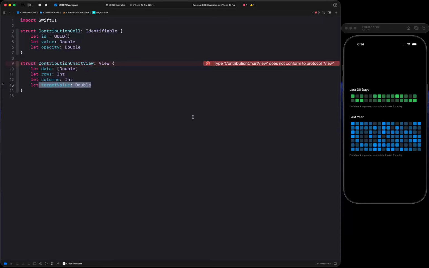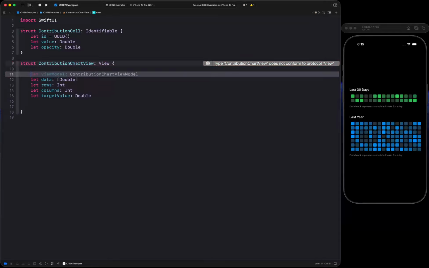In the case of GitHub contributions, it will be the max, but let's say your use case is different, where there's a maximum that you can hit for that particular data point, that is what you're going to define as the target value. So this is something that you can make configurable. That's why we are putting it as target value. Okay, now once we have our properties for input,